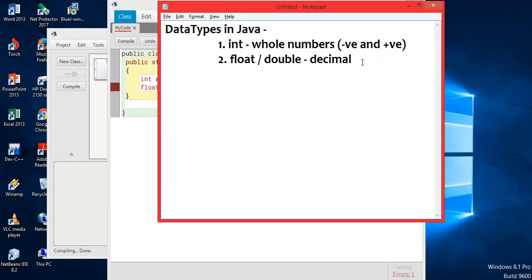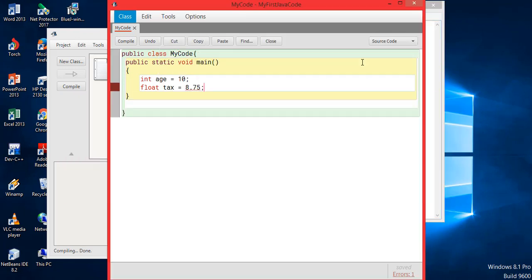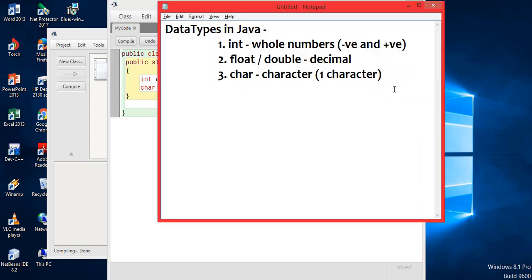Apart from this, I can have character type. So the third type is character type, or I can say char. It will help you to store characters, but the criteria is only one character. That means something like grade, if I want to store, I can use char. I can write char grade, and the student has got a grade, so I'll write A. This is supposed to be in single quotes, so ensure that these are single quotes, and I'll add a semicolon.